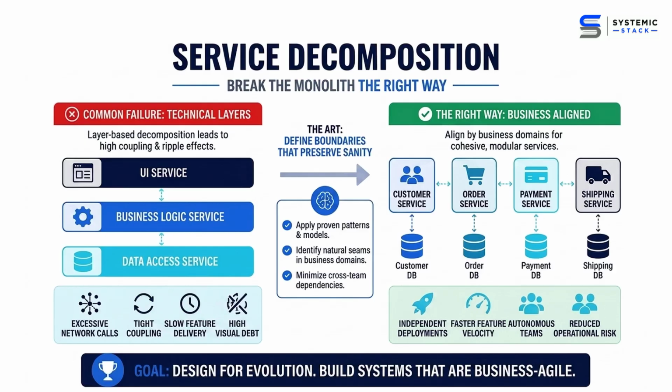Service decomposition is really the art of breaking the monolith in a way that preserves sanity. It works by applying specific mental models to define where one service ends and another begins. What matters here is that the success of your entire microservices journey depends on these initial lines. If you get the boundaries wrong, you'll end up with massive amounts of network traffic just to complete a single